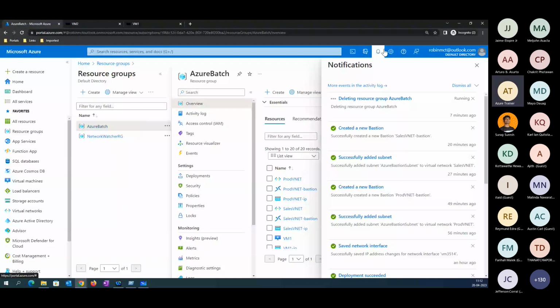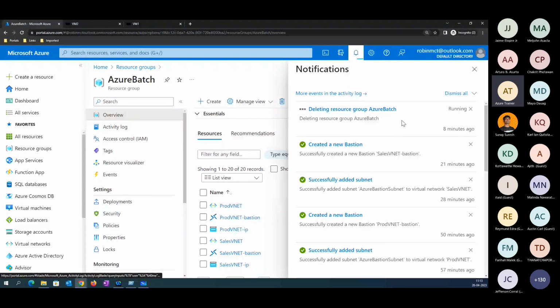Right now we are waiting for the resource group to get deleted, because we are doing an NSG lab. We don't want people to get confused. So let's wait for a minute. Since we enabled multiple Bastion services, that's the reason it's taking time. We have to wait, no other option is available in front of us.